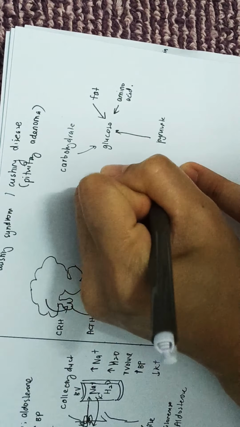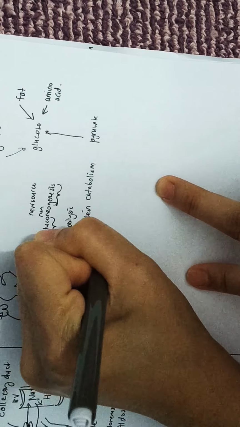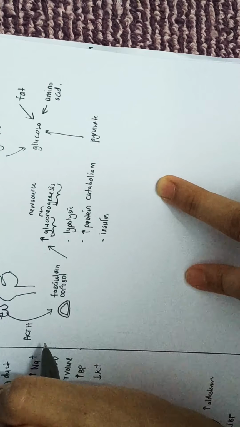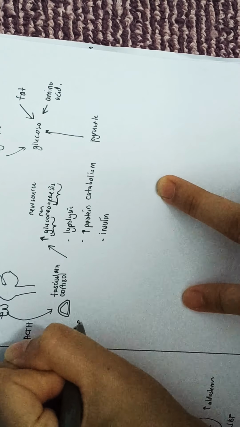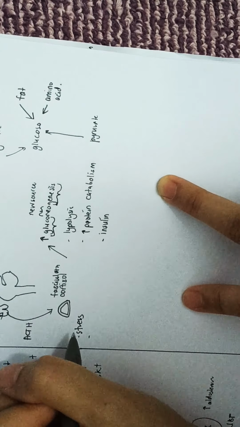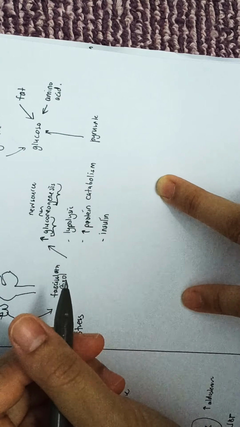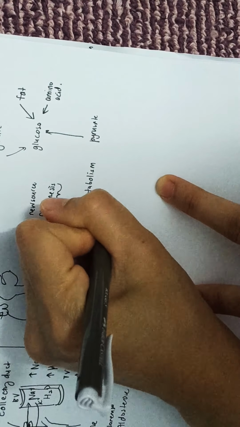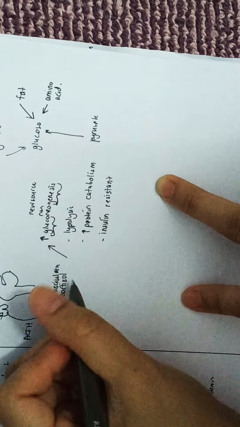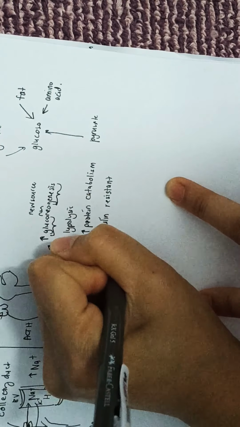So protein catabolism, and this condition is also very important to have insulin resistance, because at this point, in the stress condition when cortisol will be produced, or in the fight or flight condition where the body needs more energy, they also become insulin resistant, so that the glucose will remain in the body to be used by the brain and also the muscles themselves, and there will be an increase in the fat